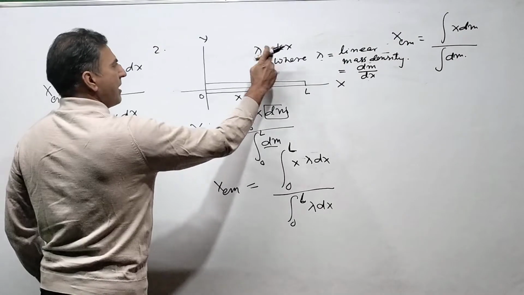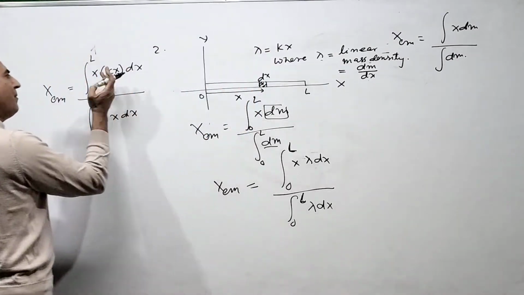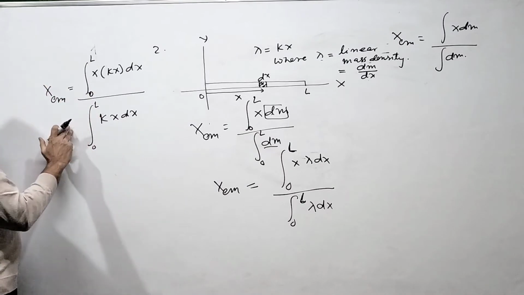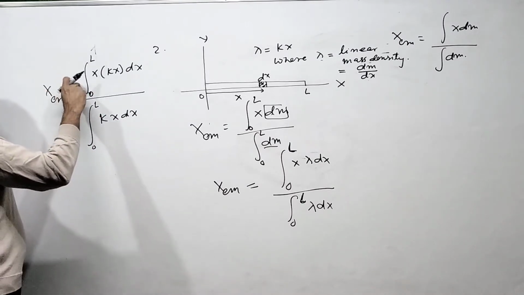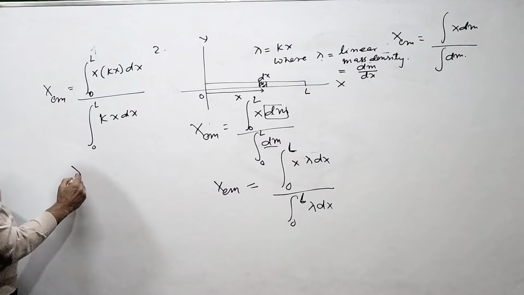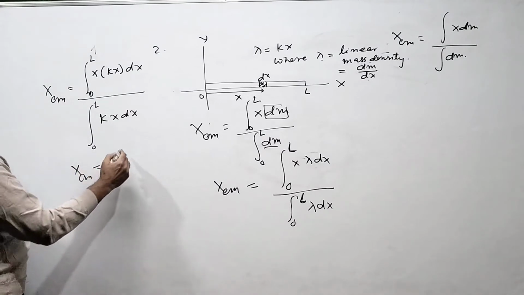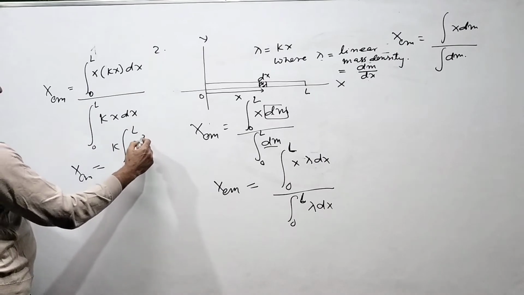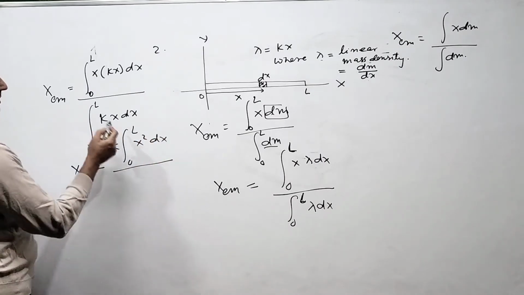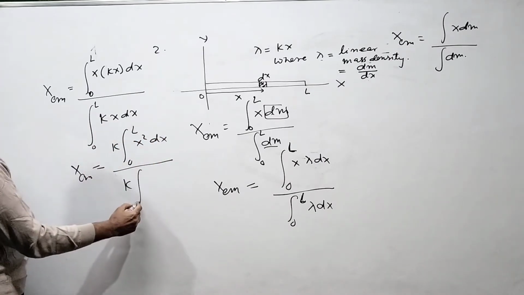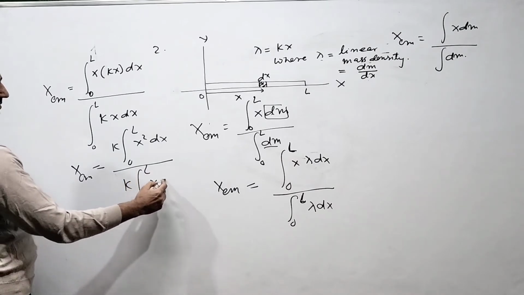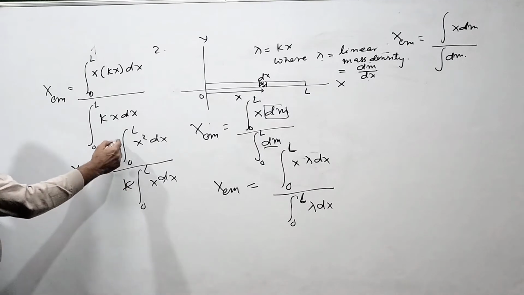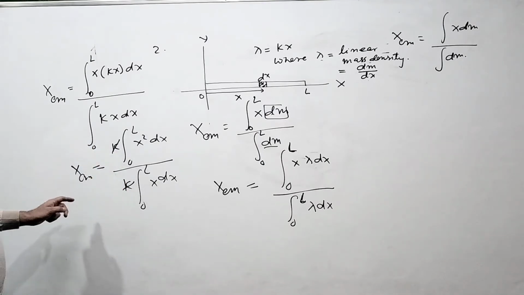Here k is a constant. Lambda is not, but k is a constant. k can be brought out of integration. उसको यहाँ भी बाहर निकाल सकते हैं और यहाँ भी बाहर निकाल सकते हैं, और लास्ट में यहाँ और यहाँ कट हो जाएगा. So what is xcm? Integration 0 to L, k बाहर निकालो, it is x square dx, और नीचे जा करके k बाहर, इंटीग्रेशन किसका? 0 to L x dx. ऐसे कुछ. This k will get cancelled, but don't forget that what I have to do, I have to find